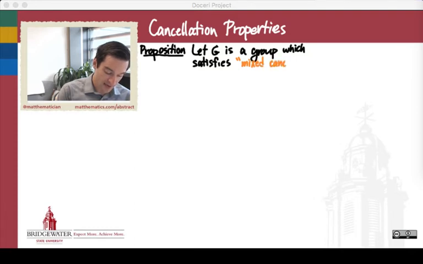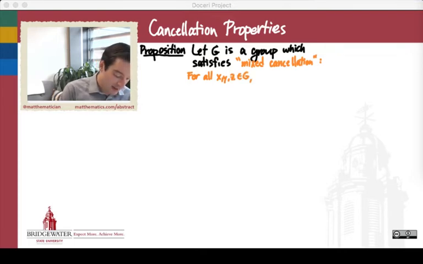And what I mean by mixed cancellation is a cancellation property, that's my word, by the way, not anyone else's, but the mixed cancellation property says this: for all x, y, and z inside of my group,